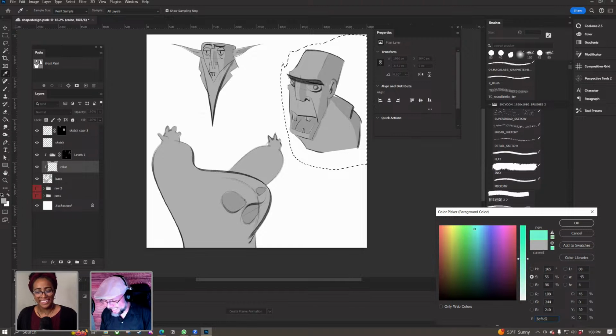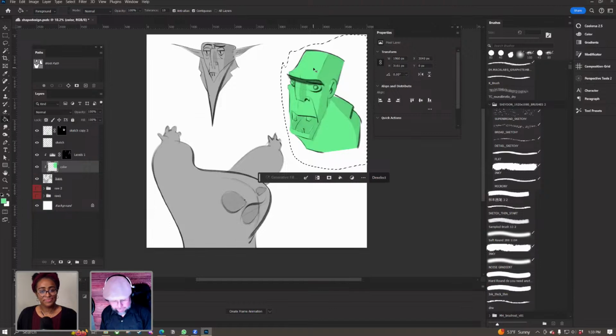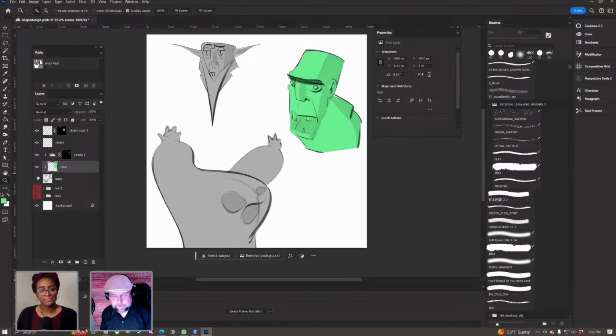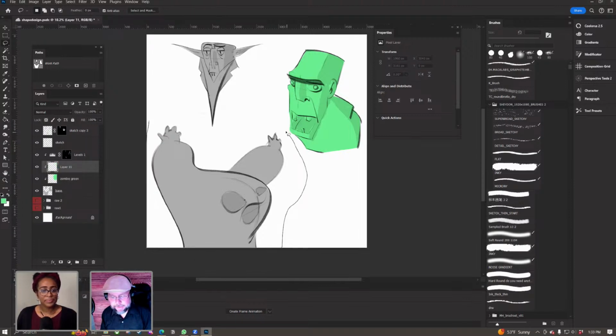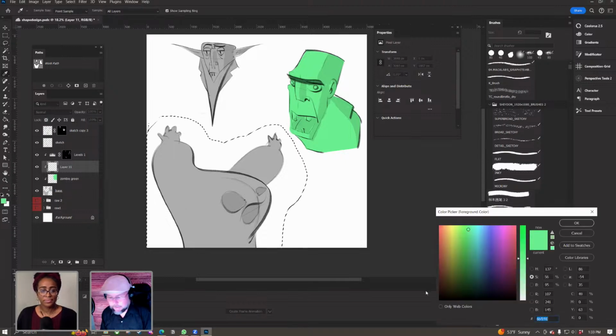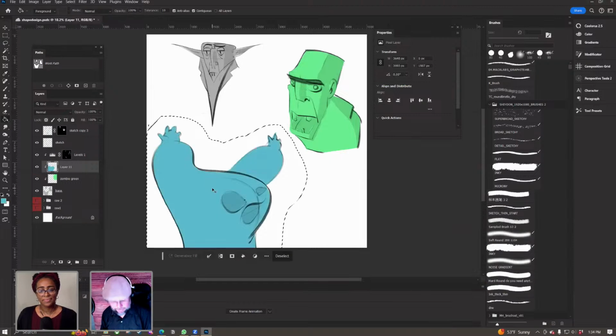So I can come in here and just hit fill, and it fills in nicely because of the base layer here. And then we'll call it zombie green. And then I can make another one for the ghost. And now, because I did that with the Bezier, I mean the pen tool, I don't ever have to worry about what's in color and out of color, or what's in lines or out of lines. I can just go and modify all this like so.